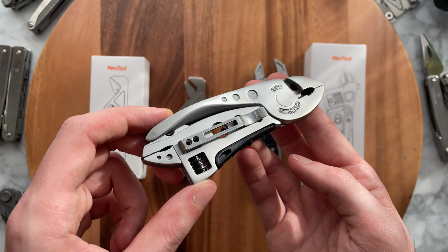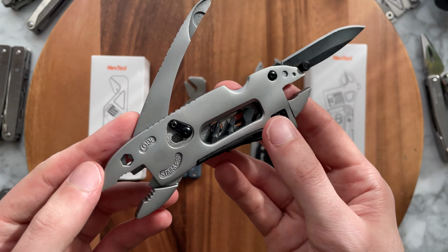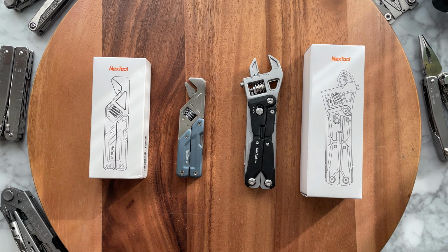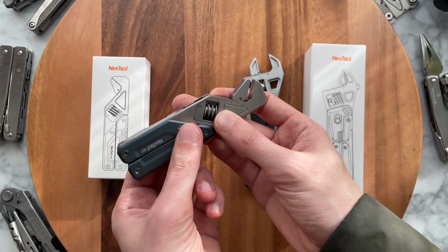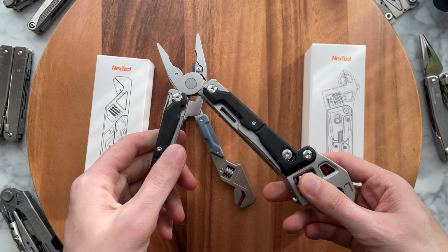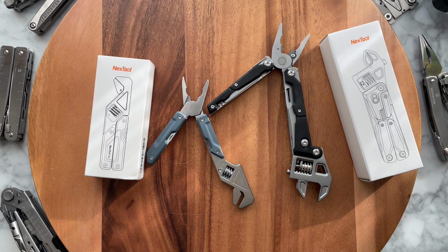There's this piece of trash, which is unbranded. It's the same idea as the Spidey wrench, but this thing's garbage, sadly. But these two are very promising. They both unfold to have pliers in the handle. So we're going to test out every tool on here, see how they compare to each other and to other